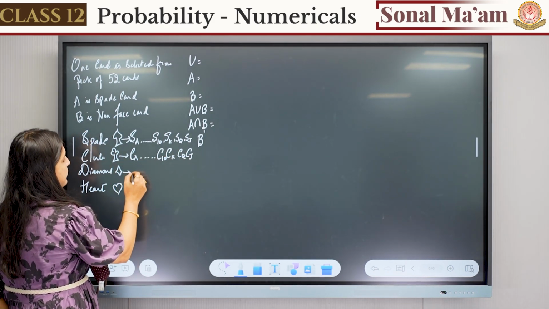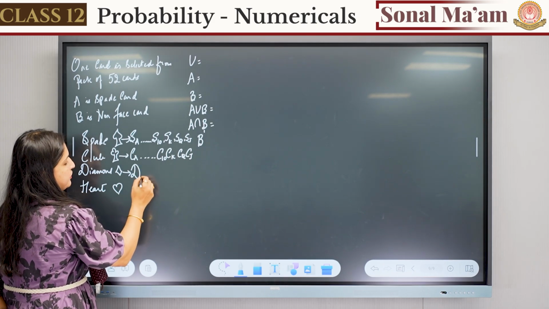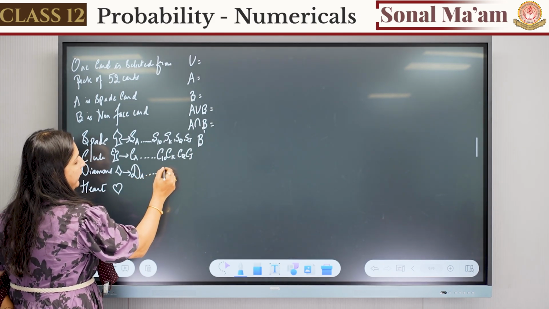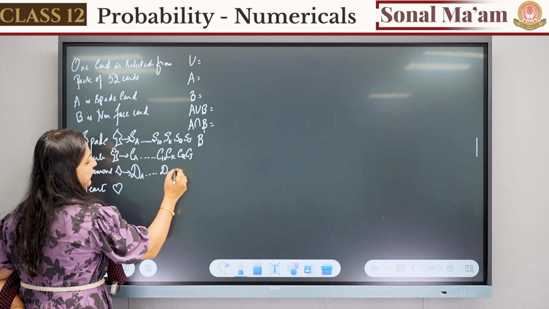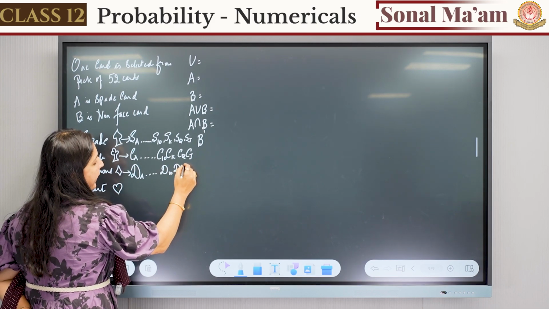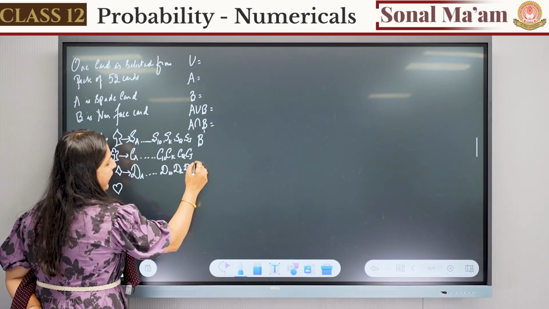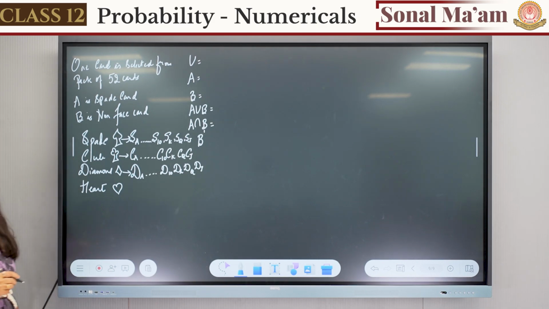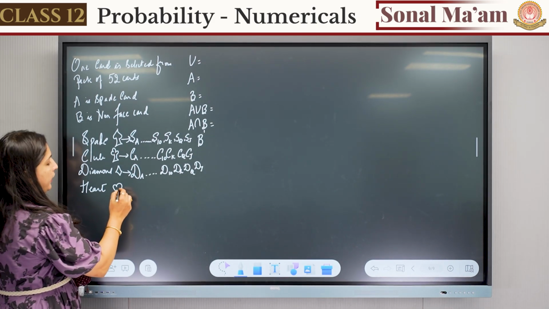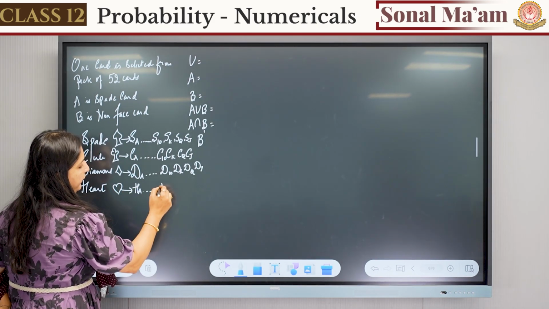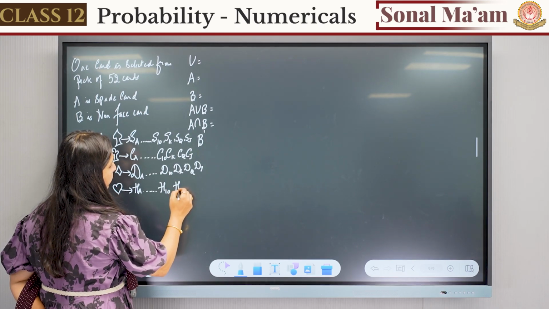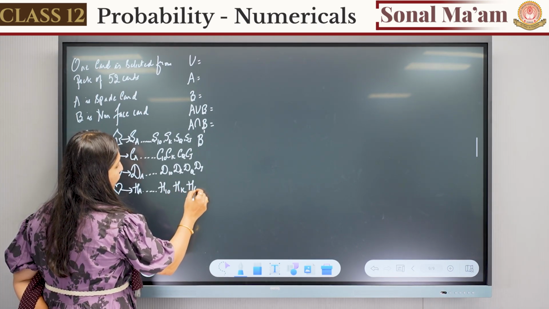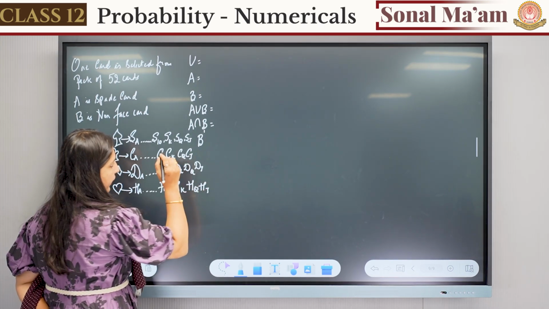Similarly, diamond will also start from A and end till 10. Then we'll have king, queen, and jack. Similarly, in heart also, we have till 10. Then we'll have king, queen, and jack.